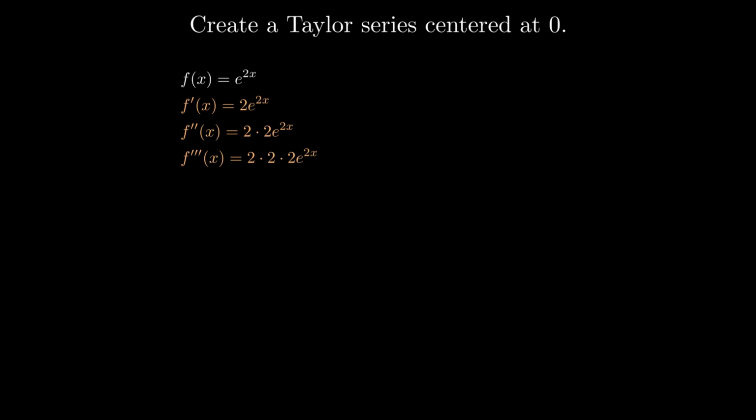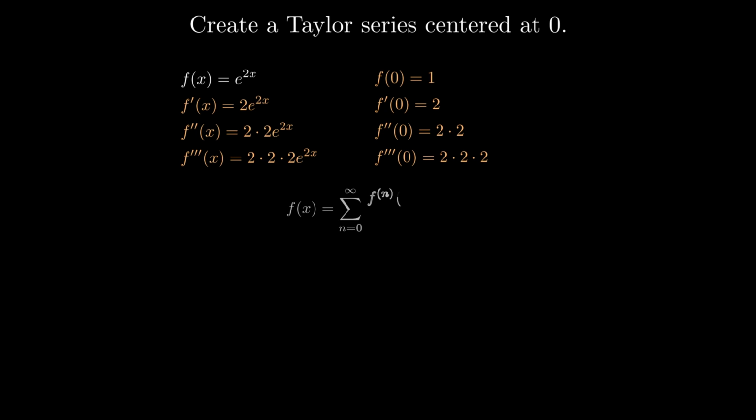We'll build a Taylor series centered at 0 for this function, e to the 2x. First, let's find a few of its derivatives. We'll find the first, second, and third derivatives and do more if need be. Now, because we're centered at 0, let's find what the function equals at 0 for all those points. Now that we have a few solid derivatives, we can follow the formula, centered at 0, to enact our derivative